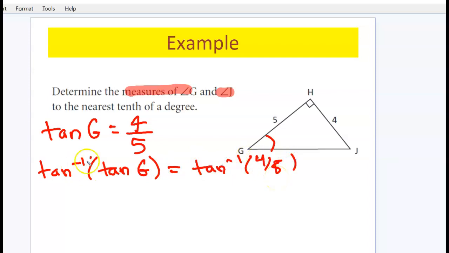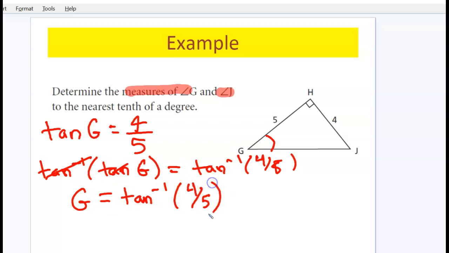And now tan inverse tan cancels out, so I'm left with G is equal to tan inverse of 4 divided by 5. And now, depending on your calculator, you have to figure out how to calculate the tan inverse. First of all, make sure the mode of your calculator is in degrees. And quite often on your calculator, you might have to go shift tan or second tan and 4 divided by 5. And if you do it correctly, you should get an answer to the nearest tenth of